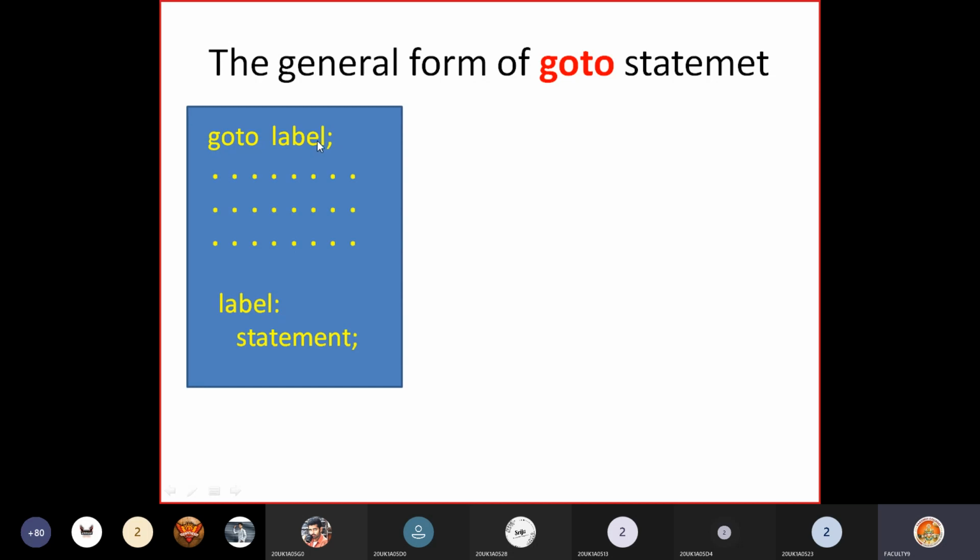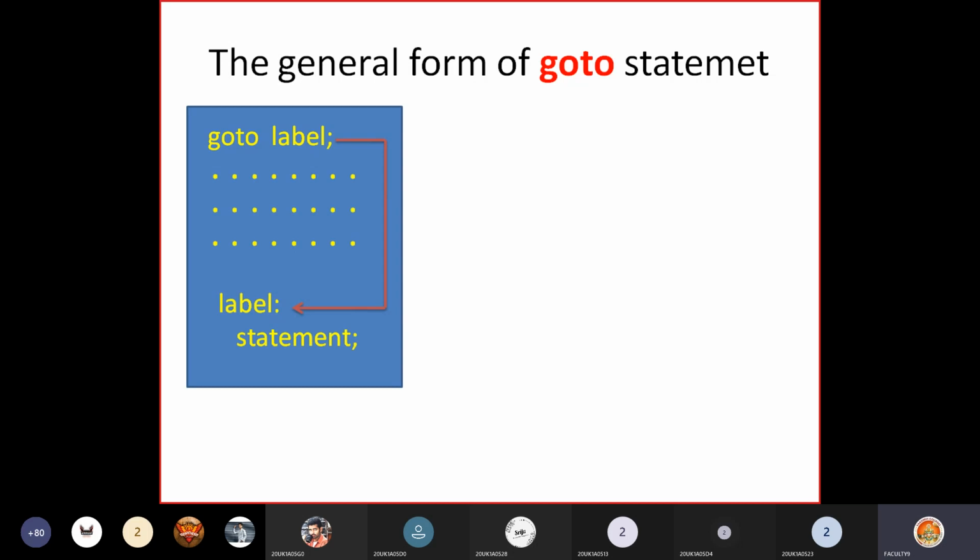Now see here, this go to label is an instruction. You are instructing the computer to go to the label place, and where you have written the label, here I have written the label followed by a colon. After this there are some statements, statement 1, statement 2, like this. So what happens when you have written a piece of code like this? When you say go to label, immediately the control goes directly to the place where you have written this label.